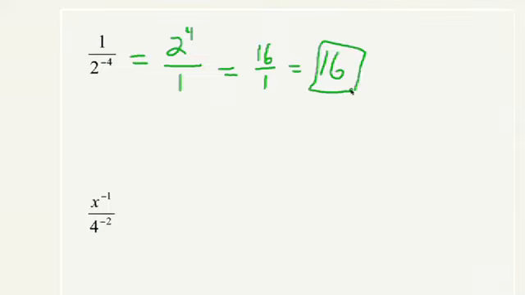All right, here's a problem where both the top and the bottom have negative exponents. X to the minus 1 in the top is the same as x to the positive 1 in the bottom. 4 to the minus 2 in the bottom is the same as 4 to the positive 2 in the top. And now finally we'll simplify a little bit. 4 squared here is 4 times 4. And again, if you want, you can write x to the first power just as x, or you can leave it as x to the first power. Most teachers will take it either way.